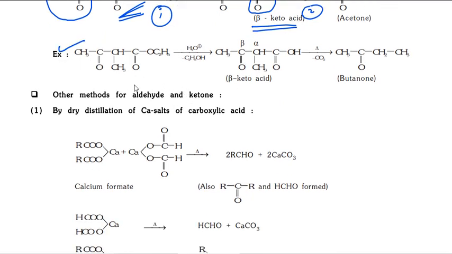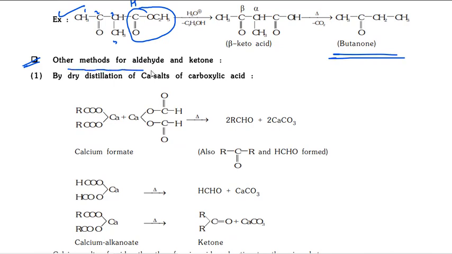Okay, this is one example you can see here. So the final product I will tell you here. This becomes carboxylic acid. Later it is removed as carbon dioxide. So just you keep it H. Now what is the product here? 1, 2, 3, 4. Butanone. You can see here butanone. Okay, directly also you can write it.